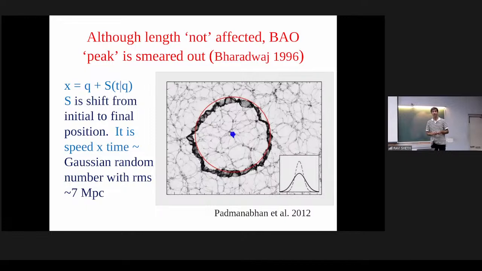So there are going to be two ways we can think of this problem. One way is to say, they were doing it with one circle, but really there were all these different circles, right? So I want to move all the particles back to where they were initially. That's one thing that I could be trying to do. That is called reconstruction at the field level. You're reconstructing the entire disk.